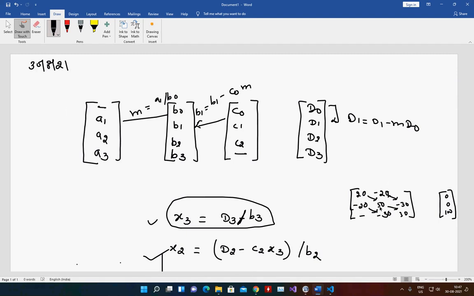Edit it to 30; edit it to 30. This is the problem. So I need to change the values. I'll change this to 60, and this will be minus 40. The same thing is going to happen again.